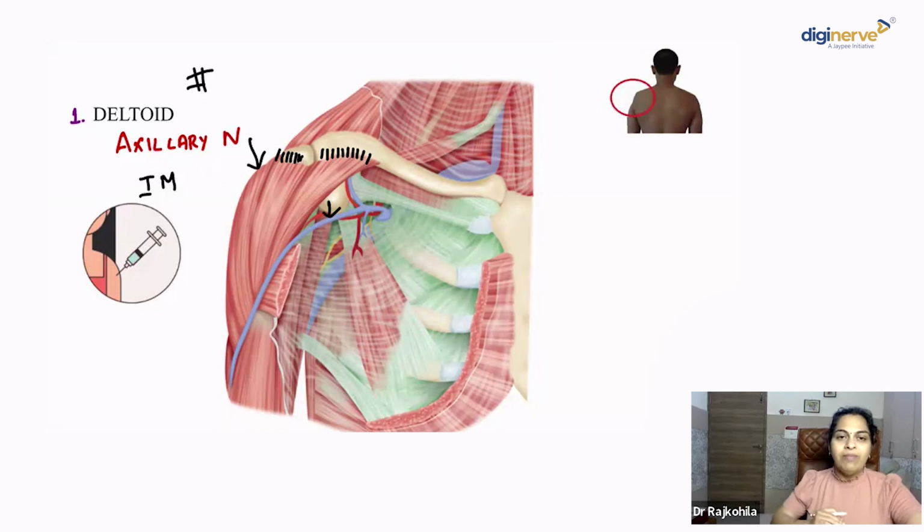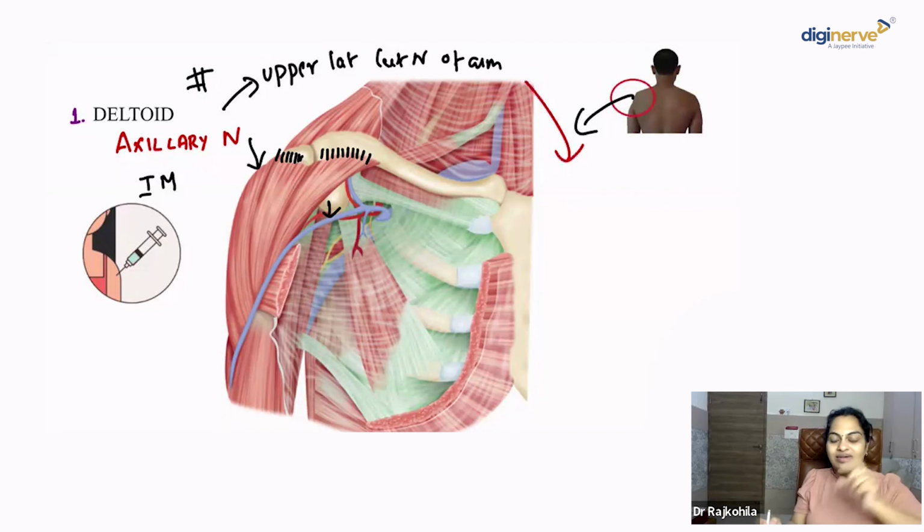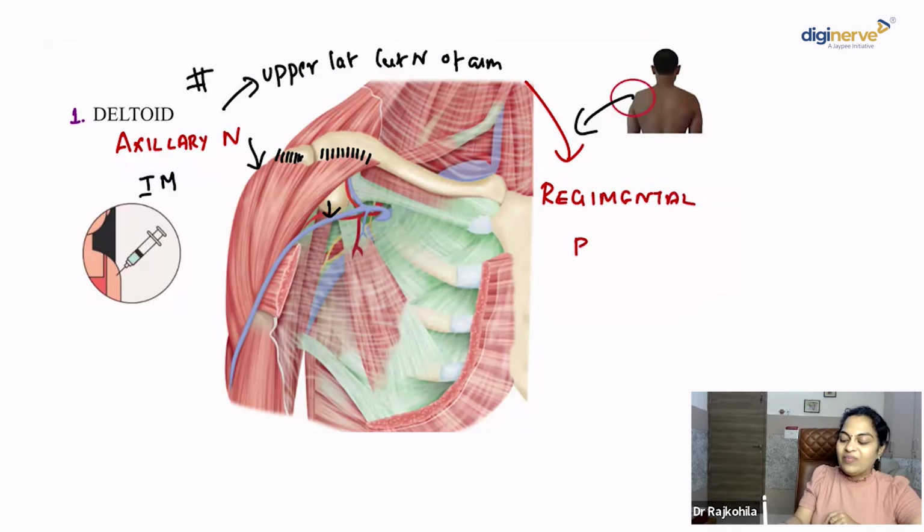Paralysis of the deltoid muscle: the patient cannot abduct his arm from 15 to 90 degrees. So with paralysis of the deltoid, the round contour of the shoulder is lost. And one more feature, this axillary nerve has a cutaneous branch, right? The upper lateral cutaneous nerve of arm. So if you prick with a pin over that area, the patient is not going to feel any sensation in axillary nerve injury. And what is the term given? Yes, the regimental badge area of anesthesia, right? Over the upper lateral part of the arm where the soldiers wear their badge, right?